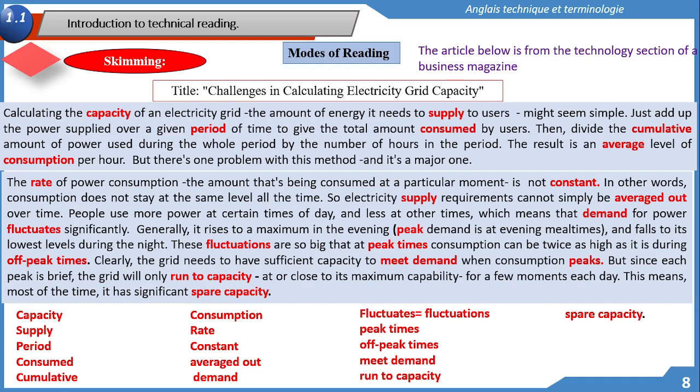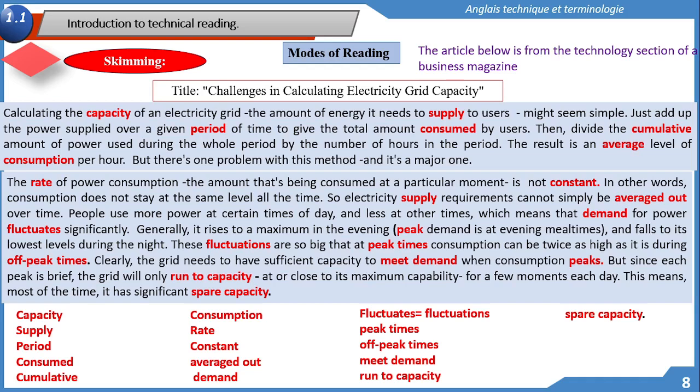So electricity supply requirements cannot simply be averaged out over time. People use more power at certain times of day and less at other times, which means that demand for power fluctuates significantly. Generally, it rises to a maximum in the evening, which means peak demand is at evening meal times